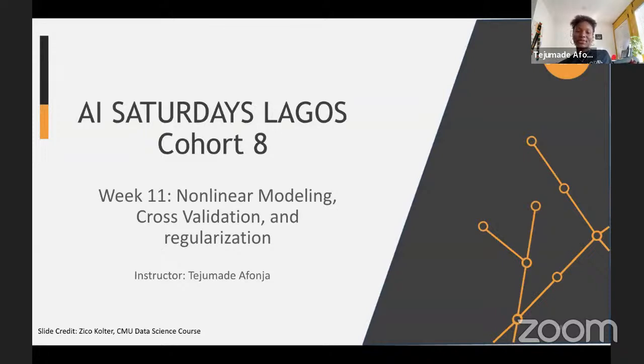I have a number of equations on my slides, but I don't want you to be overwhelmed by them. They're meant to explain something. If you're not clear on that, you should ask questions, and we can all learn together. Some things look trivial but are non-trivial to beginners, especially when you're seeing them for the first time. If you encounter such things, just raise it, and we can spend a little more time understanding it.